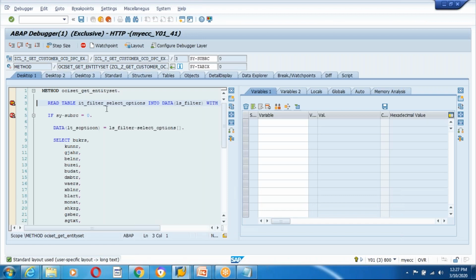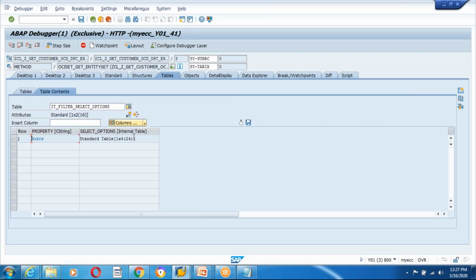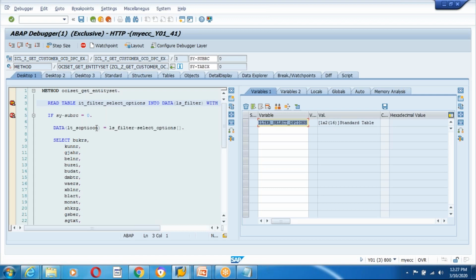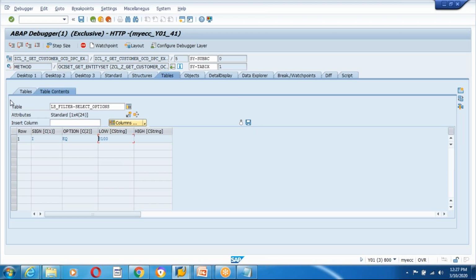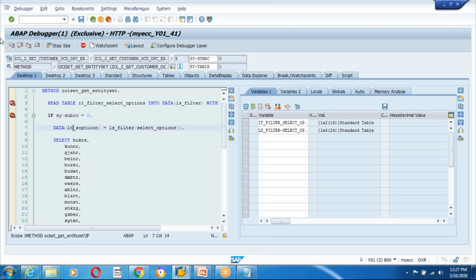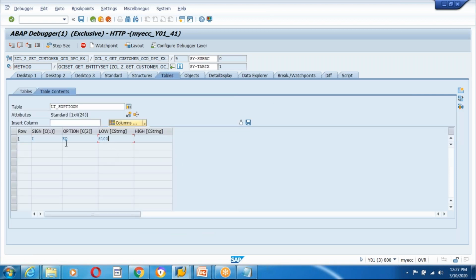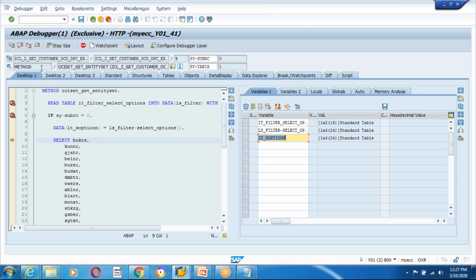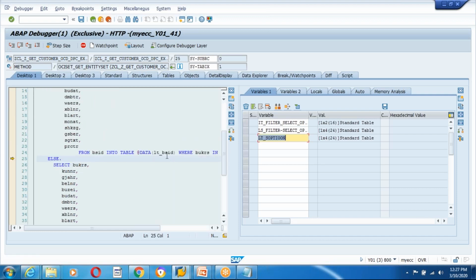So now you can see. So IT filter. So we have a one record. Bucharest. This is an internal table and F5, and you can see select options. Only the select option. This is the record. This record I move it to the internal table LT_S_option. Now you can see LT_S_option. We have moved, we dumped the internal table one into the another, and I select this and see LT